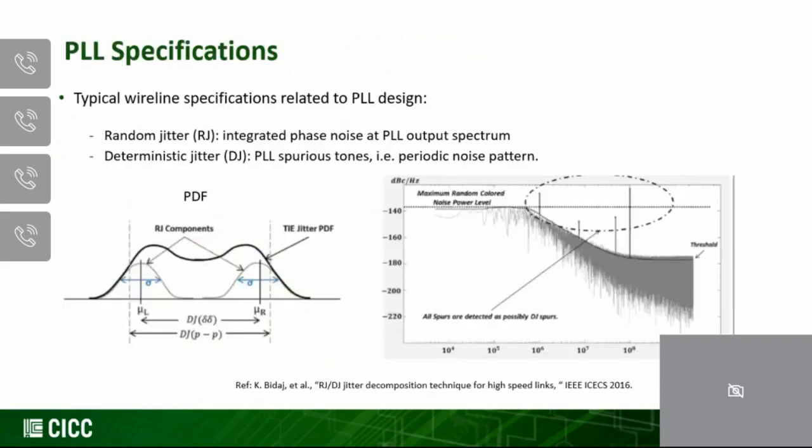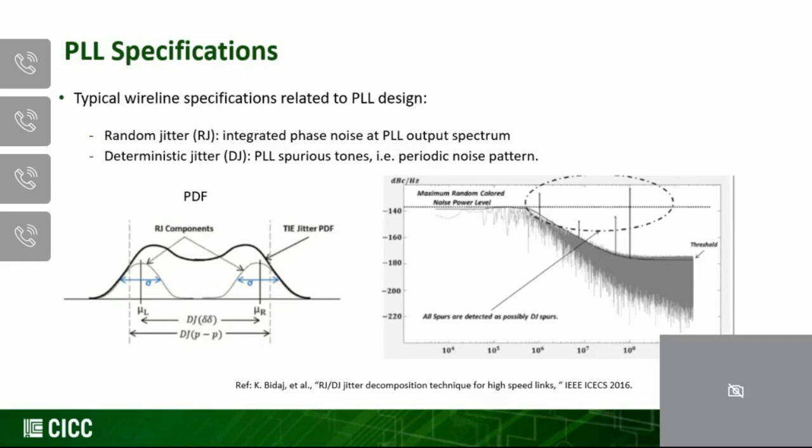Next, we will briefly overview the specifications of a PLL design. First, we will examine the case for the wireline applications. Typically, in the wireline applications, we use the clock to generate and to decode the data symbols. So here, they usually divide the jitter into a random part and also a deterministic part. The random part of the jitters typically is related to the integrated phase noise at the PLL output, and the deterministic part is usually related to the spurious tone of the PLL because it generally generates a periodic noise